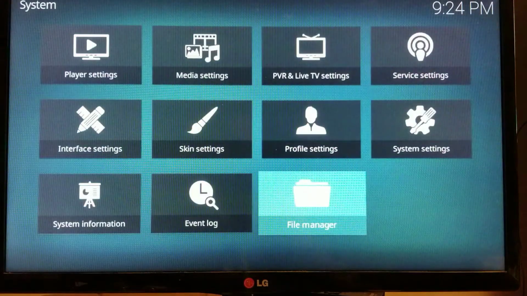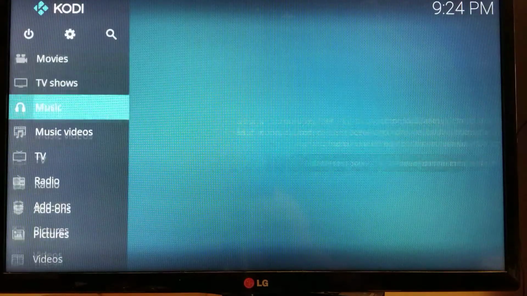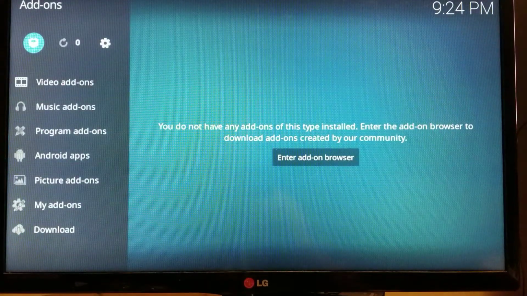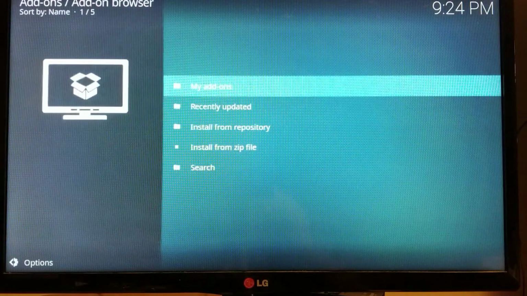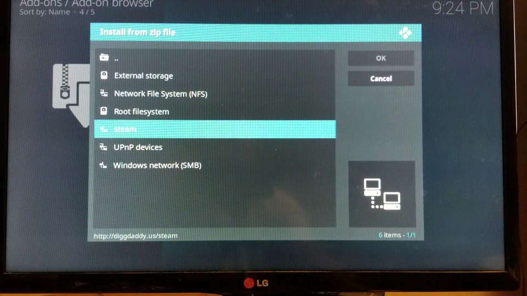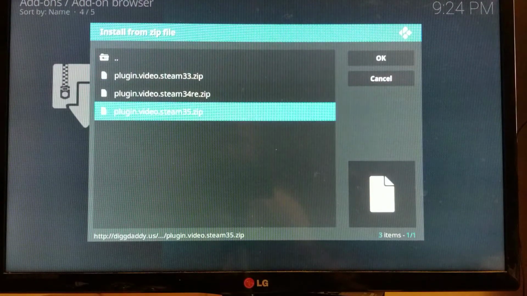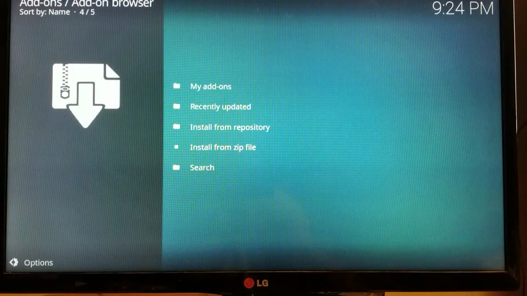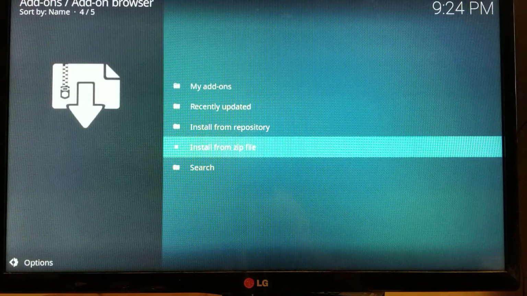button, coming all the way back, and we're going to go down to add-ons. Once you get to add-ons, you're going to come up here to that drop box. Click in there, and we're going to install from zip. We're going to go down. Now you see Steam because we had put it in there early. Now go down to 3.5. Clicking it. You can go ahead and hit your back button and go to the main page, or you can